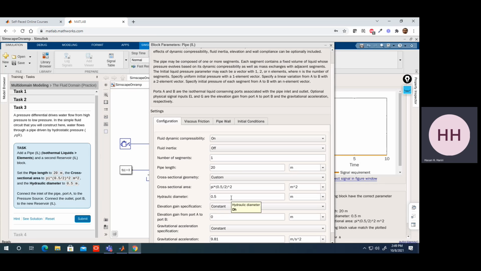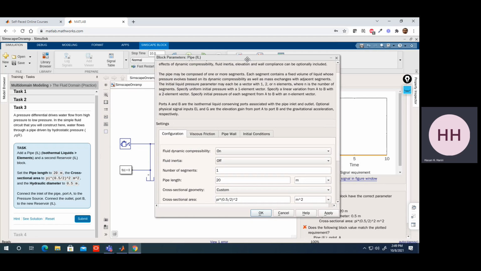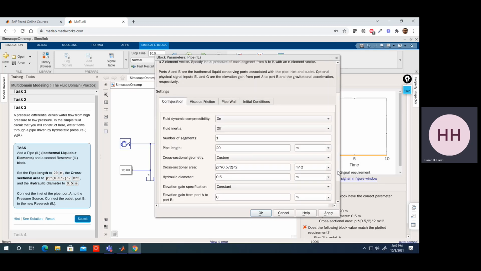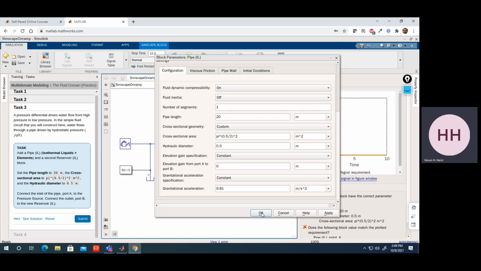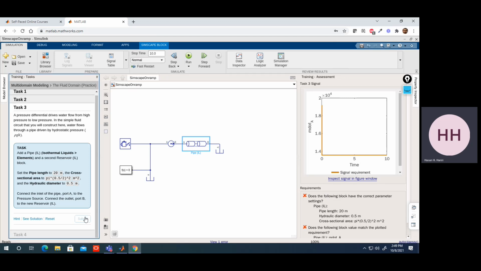So doing the same, and length of 0.5. All right. Now, if I submit it,